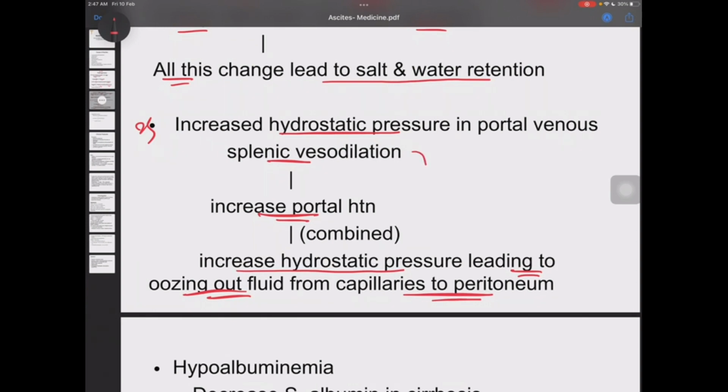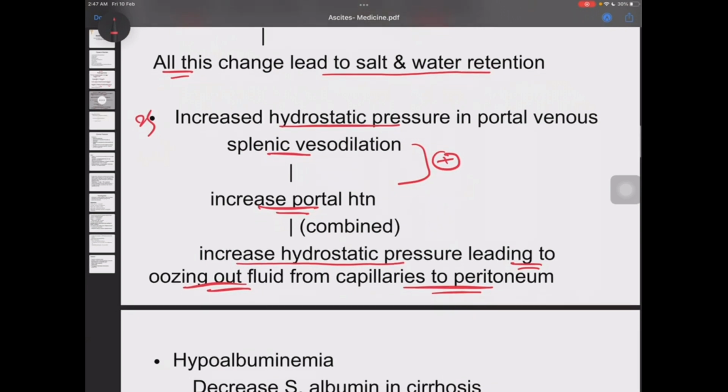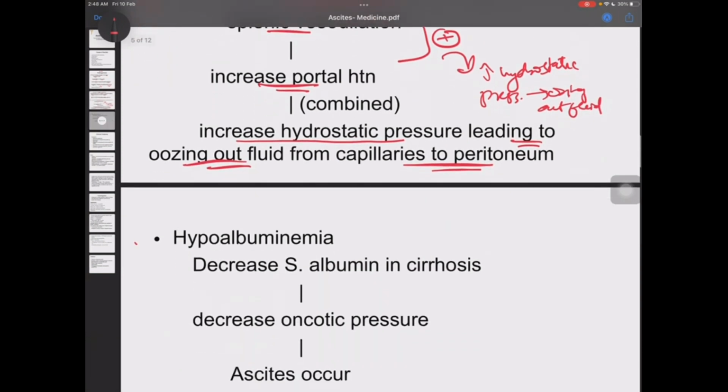If both are present, okay, splenic vasodilation and increased portal hypertension also cause increased hydrostatic pressure, oozing out fluid. Okay, third is